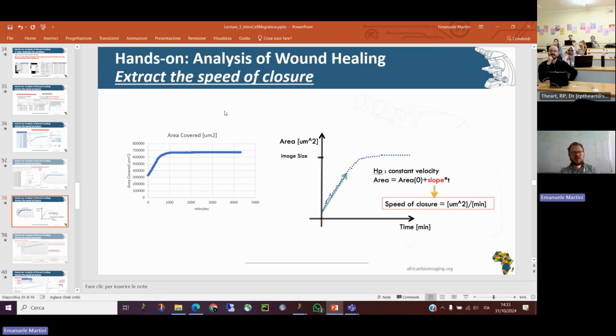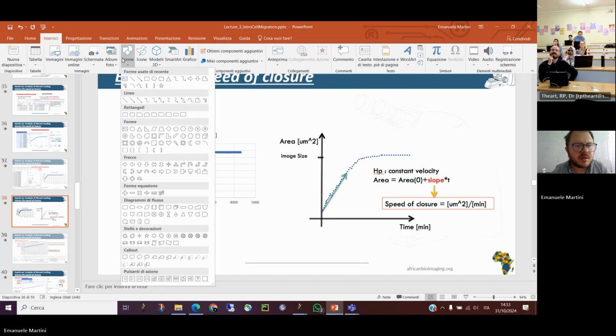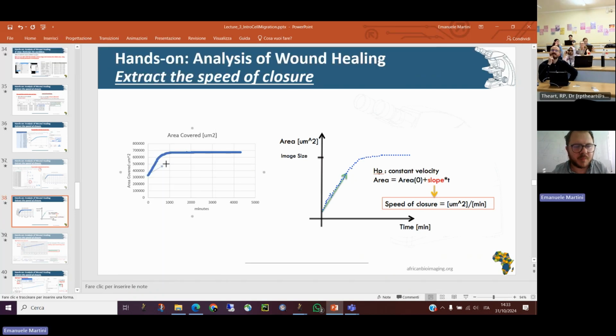Let me show an example. You will probably obtain something like this, no? Because it will also try to fit this point, no? So you will obtain something like this. So we have to find a way to get rid of this knee and of this plateau. That is when it reached